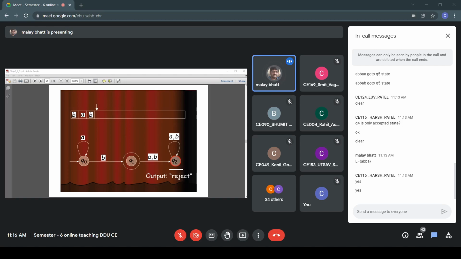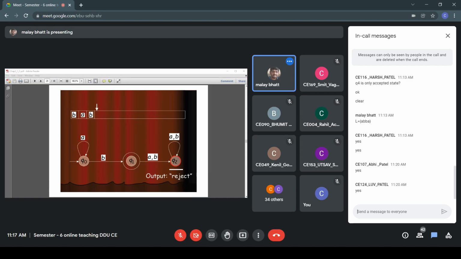Any invalid pattern should not end up in the accepting state. If you miss some valid patterns, if you do not accept some valid patterns, still you will get the marks. But if you accept invalid patterns, you will not get any marks for the diagram. Is this clear? This is a very important thing. Okay, so let us proceed further.